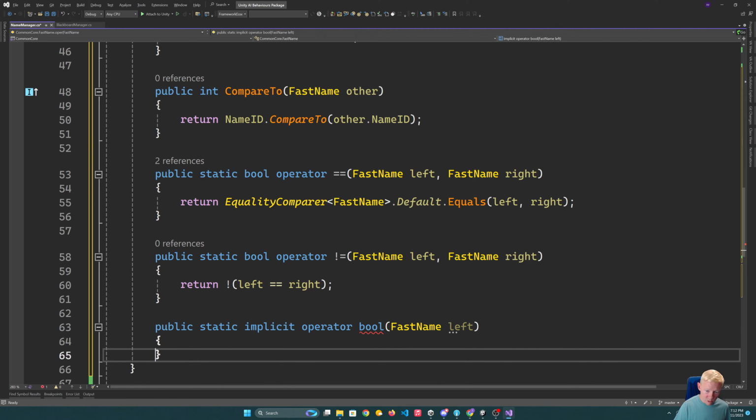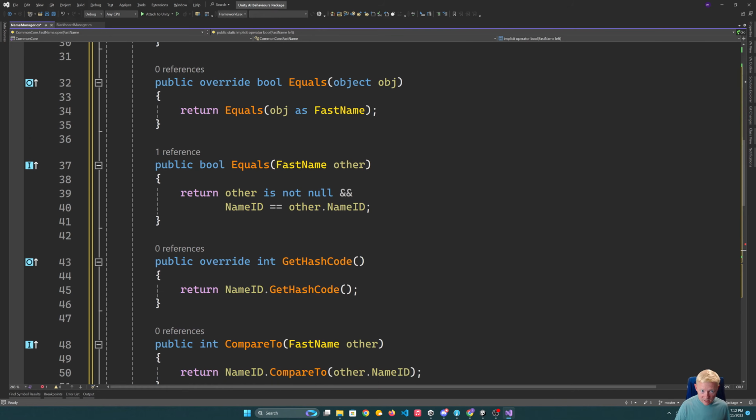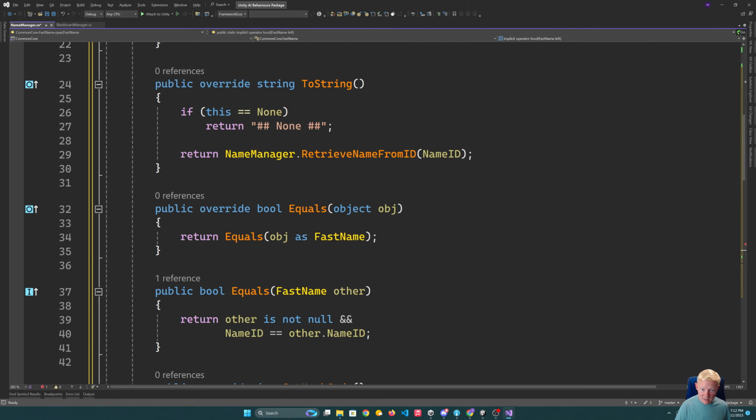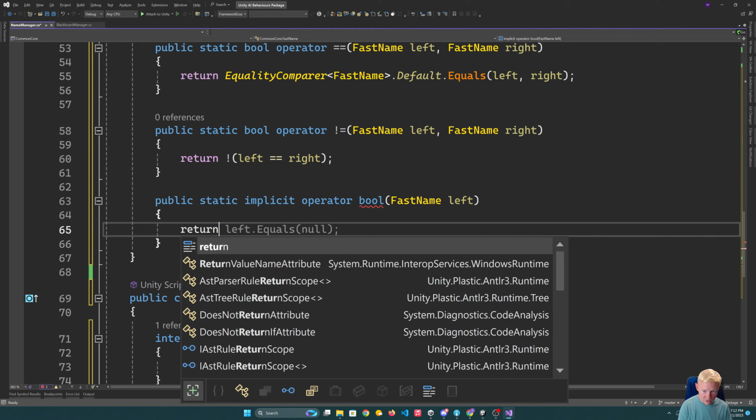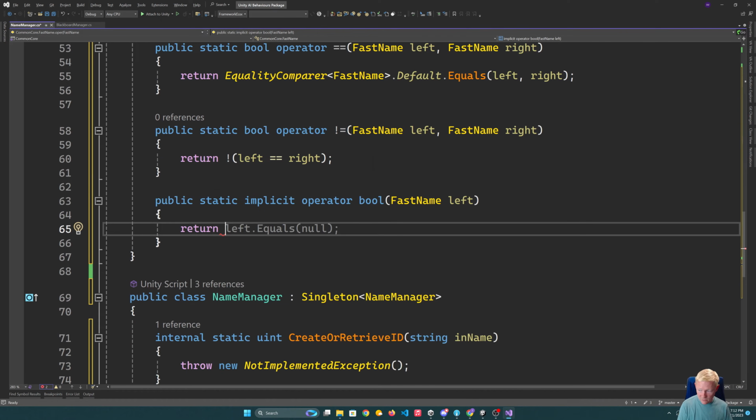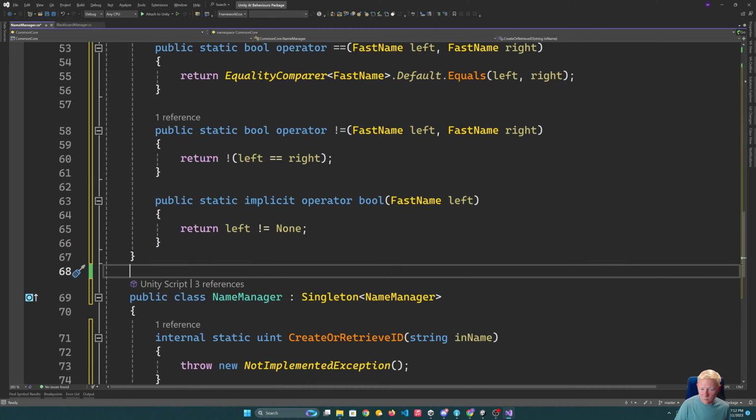I will do a renaming on these again for that consistency. But in terms of what this would do, the idea is this allows us to use a FastName directly in an if. We don't explicitly check if it's none. That will do it internally. So what we could do is say, okay, well, if left is not equal to none,